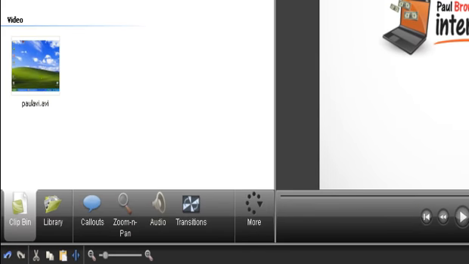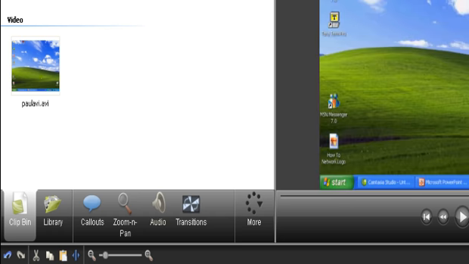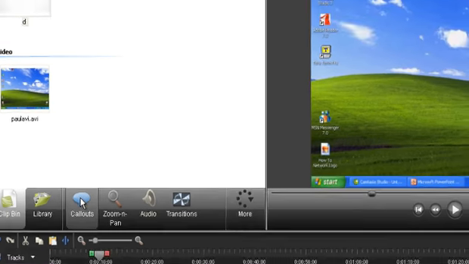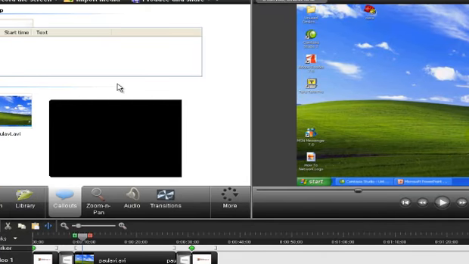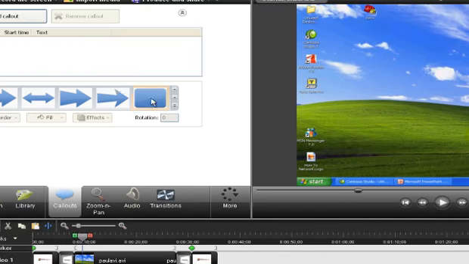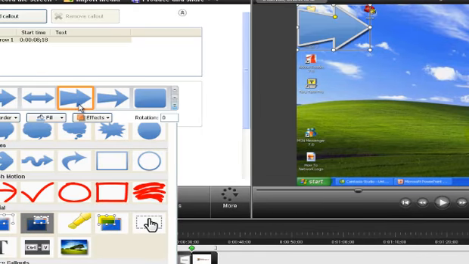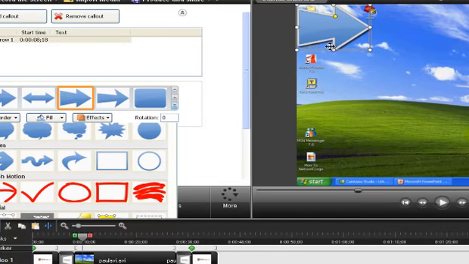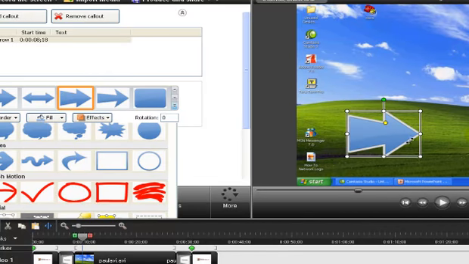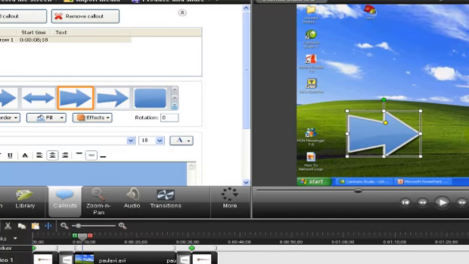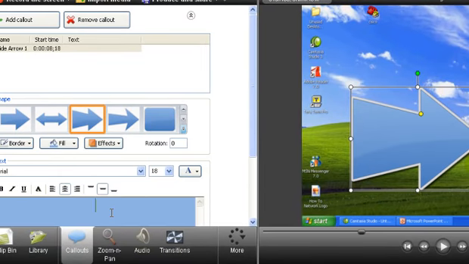The other thing that is well worth looking at, I'll just insert my marker here, is adding a callout. A callout is, you've got lots of different shapes to choose from, but it can bring attention to various parts of the screen. You can add text, you can blur out certain parts if you're typing in a password. I'm going to add an arrow here and you'll see it appear on the right. You can drag it down and you can resize it, and depending on the one you choose,